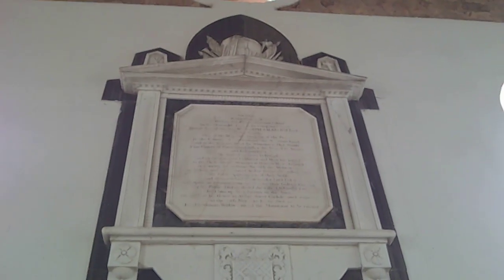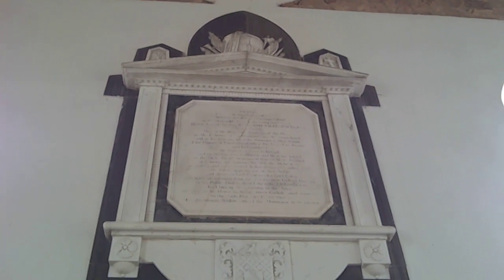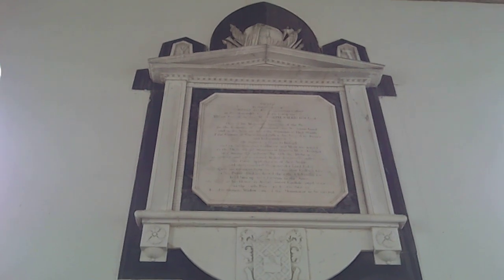Up here we have a memorial to Thomas Salkeld, Lieutenant Colonel of the Honourable East India Company's service, eldest son of the late Mr. Joseph Salkeld, just the peace of the county of Cumberland and Westmoreland, in the year something filled the situation of High Sheriff. So you can see he's showing off who he is, his importance. You've got arms at the top because he's a soldier,